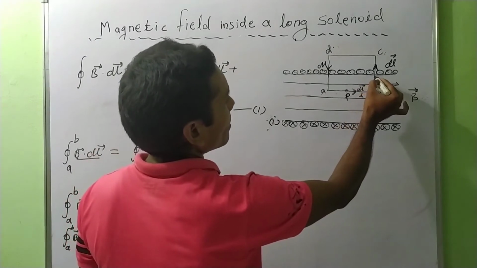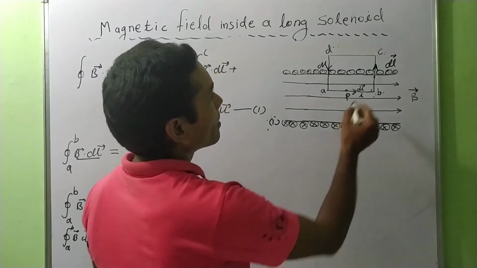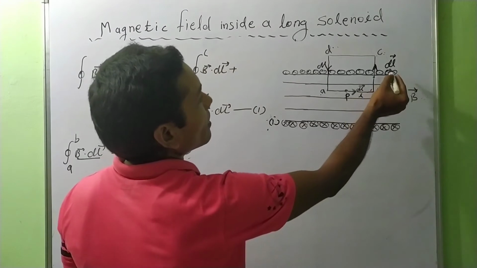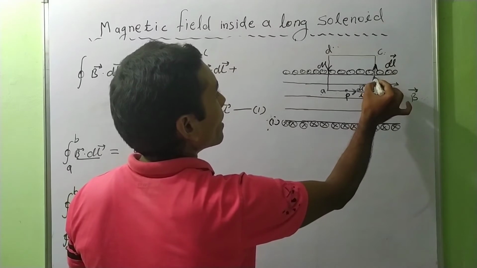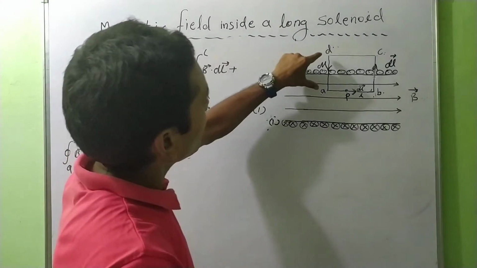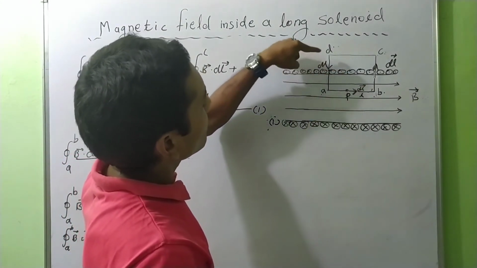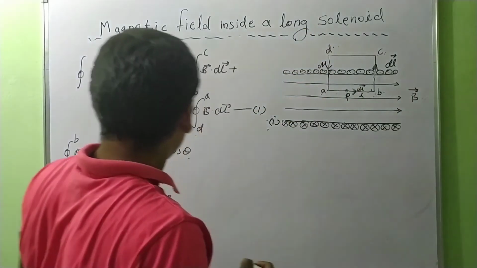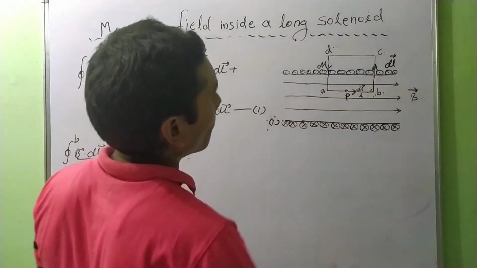Let us imagine an observation point here. At the point, we can imagine the small element dl. For path BC, the direction of the small element will be B to C. Similarly, if we imagine a point here, at this point the direction of dl will be D to A. That's why theta will be 90 degrees for both paths.